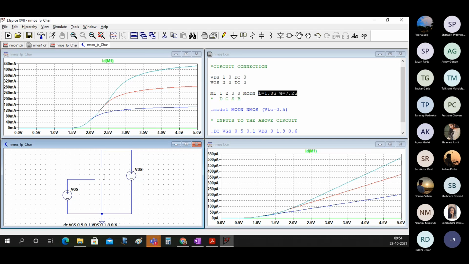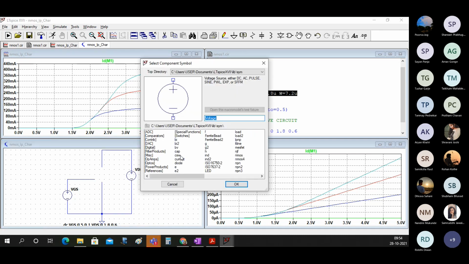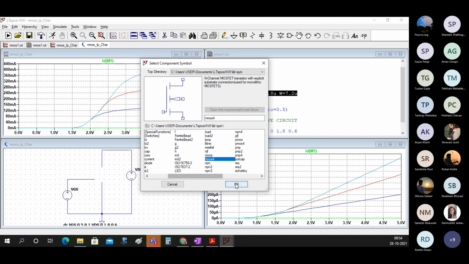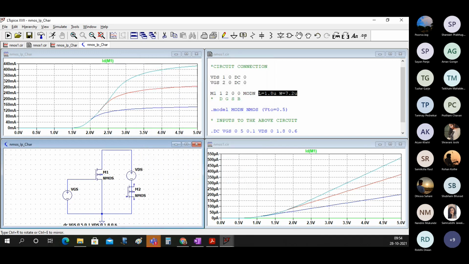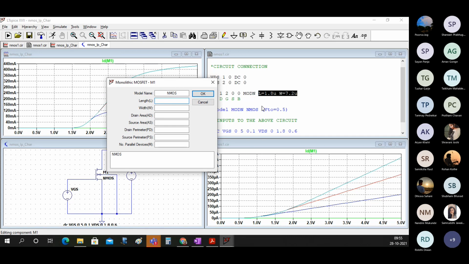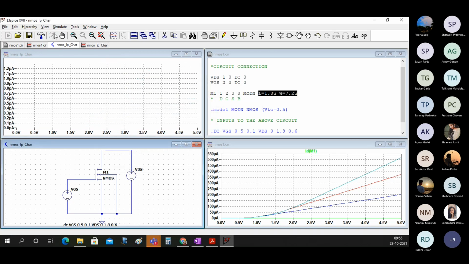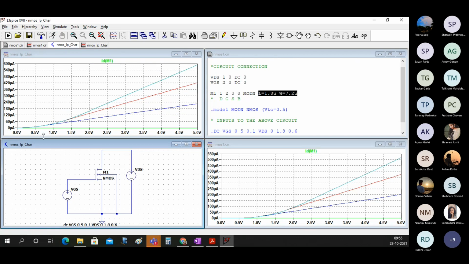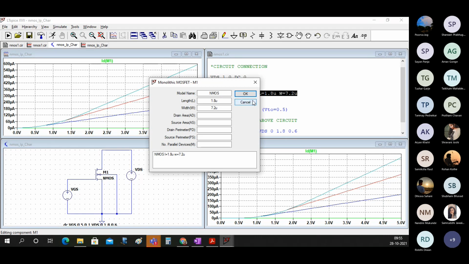We will go to F2 and select the NMOS in which we can change the things, and the body I am connecting to ground. If I right click on this, I can specify the length, that is 1.8 microns, and your width is 7.2 microns. If I simulate this, you should see we get the same kind of result. And so that's it.